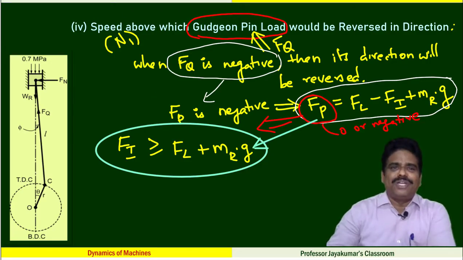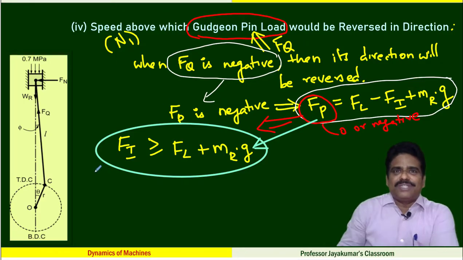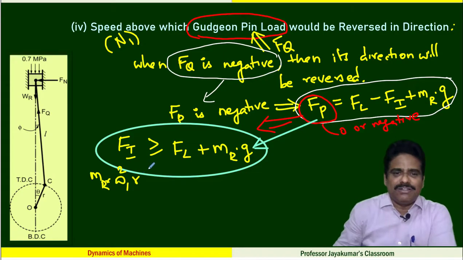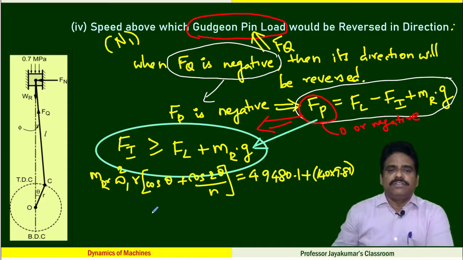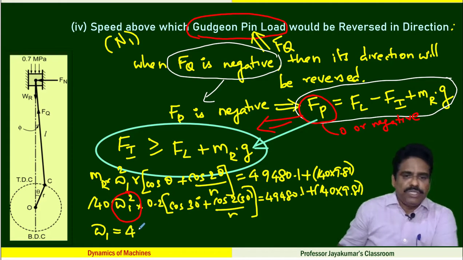So what I will do is the expansion of this equation, nothing else. How can I expand this equation? They have said all other terms remain the same except the speed now. So what is the inertia force value? Mass of the piston multiplied by omega 1 square r into cos theta plus cos 2 theta by n is equal to this. I put it equal, this is the minimum speed. So speed must be above that speed. Okay, fine. On simplification,